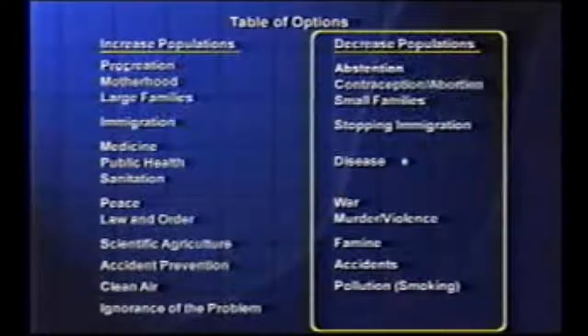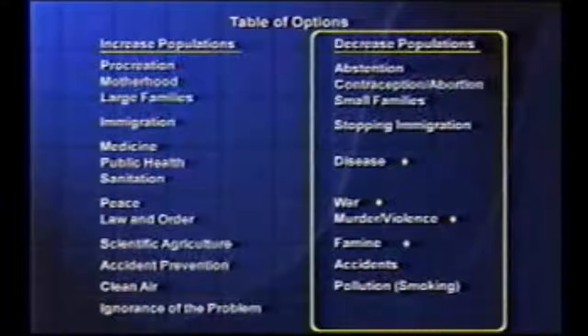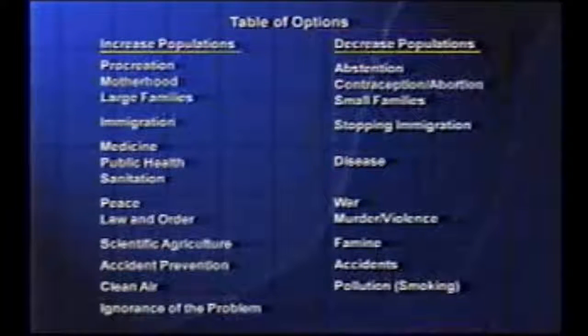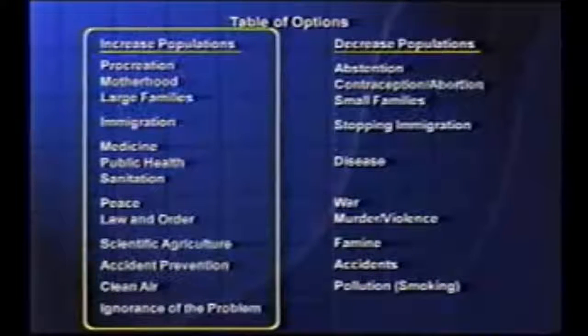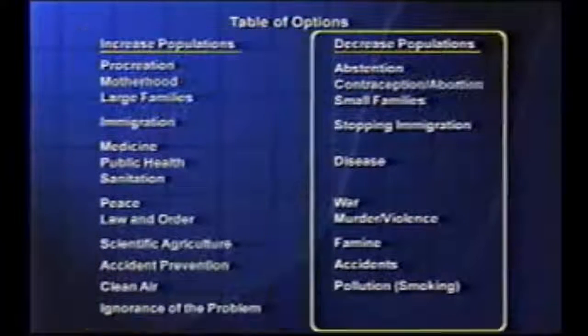We've got to find something here we can go out and campaign for. Anyone here for promoting disease? We now have the capability of incredible war. Would you like more murder, more famine, more accidents? Well, here we can see the human dilemma, because everything we regard as good makes the population problem worse. Everything we regard as bad helps solve the problem. Now, there is a dilemma, if ever there was one.